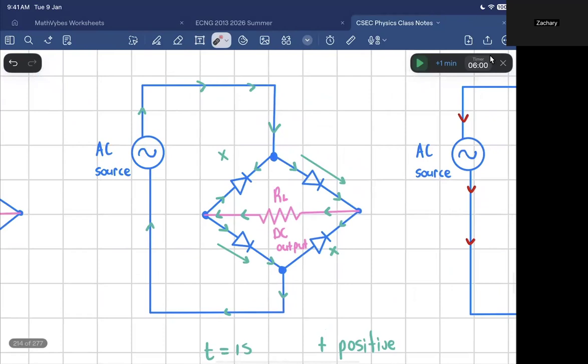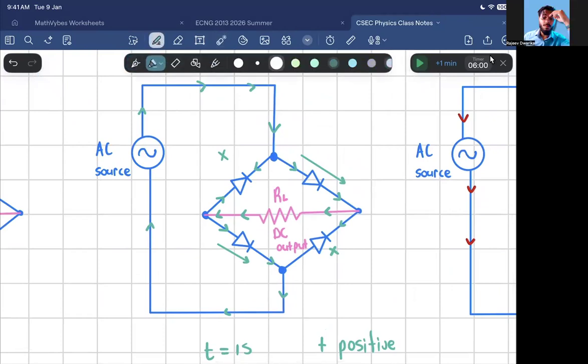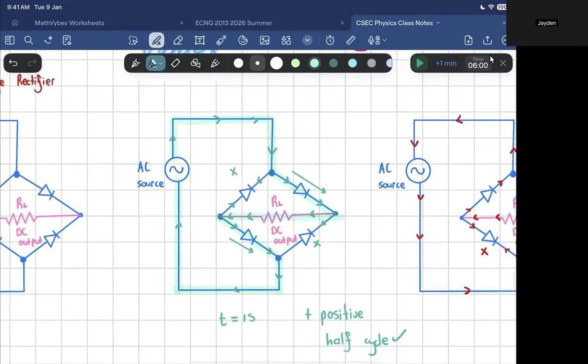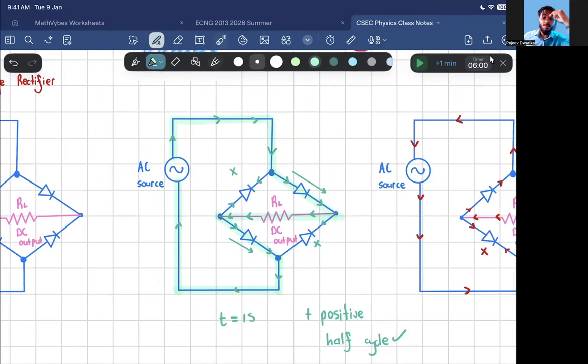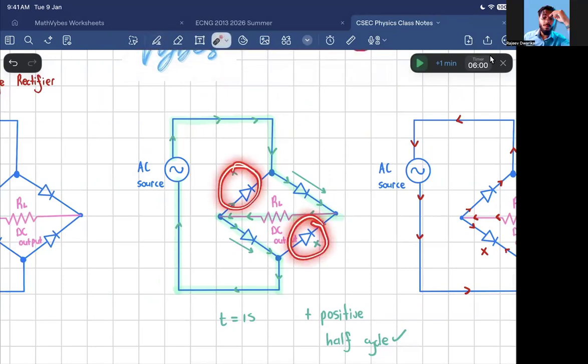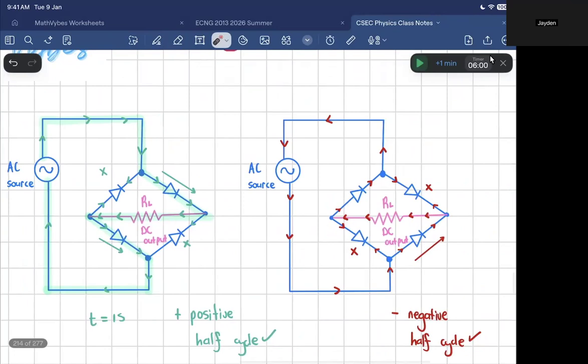Yes, sir. So let me just simplify this. So guys, in the positive half cycle, do you guys understand that this is the path that the current takes? Yes, sir. If we ignore any fluff, all you understand is that there's no current flowing through these nodes, right? None, none, none, none. Yes, sir. And if we look at the other one,